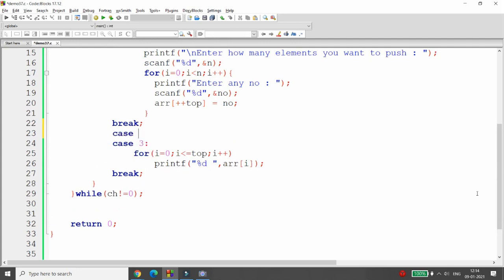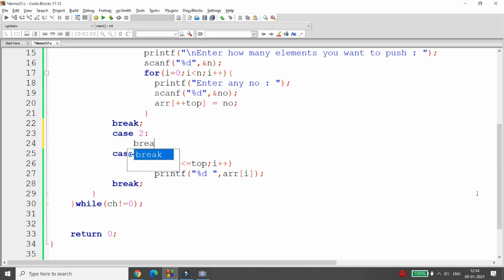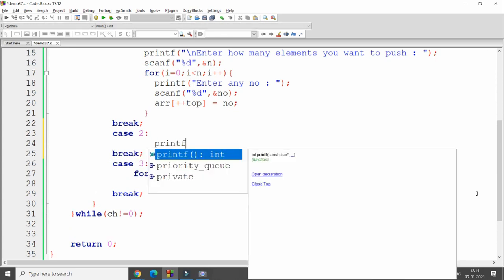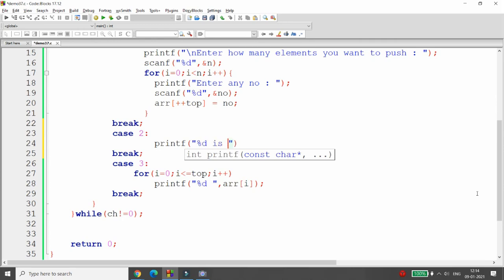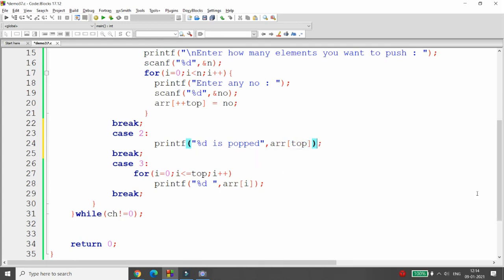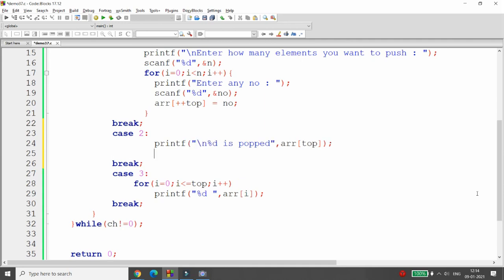Now I want to pop the element, so I will use case 2. What will we write in case 2? Simple. %d is popped. It means this element is popped. Which element is popped? arr[top]. So if you write it like this, then your top element will definitely be popped, but we need to write